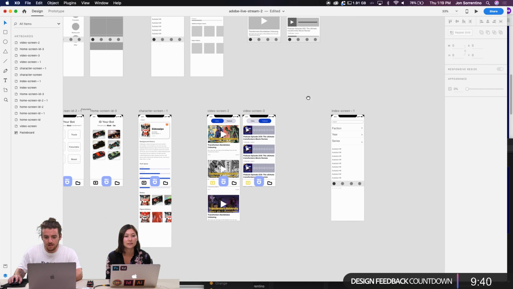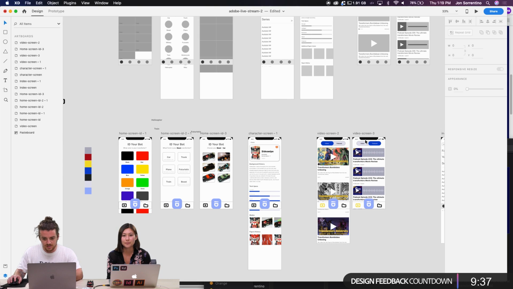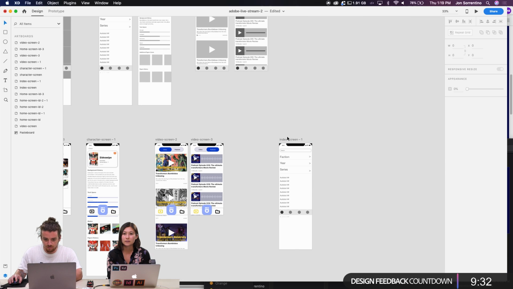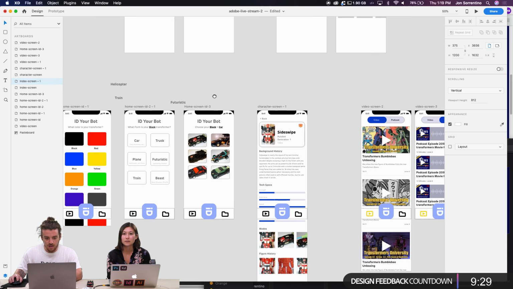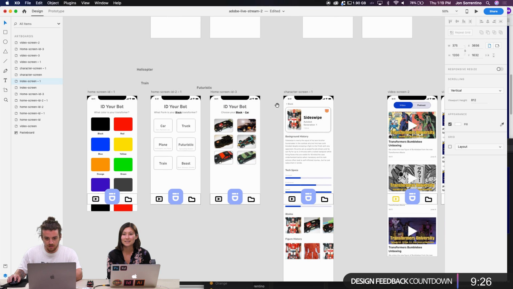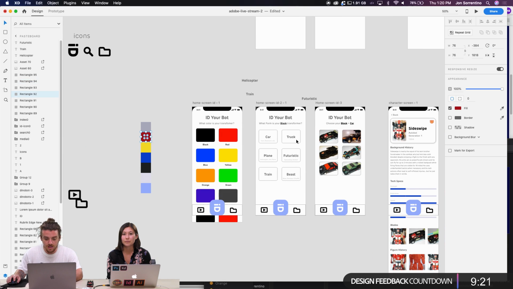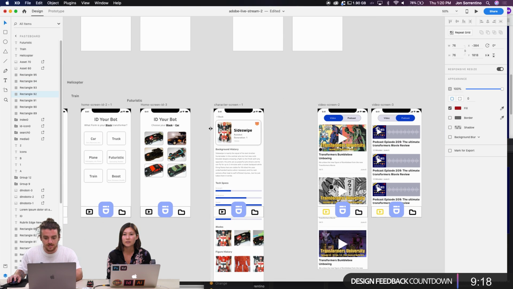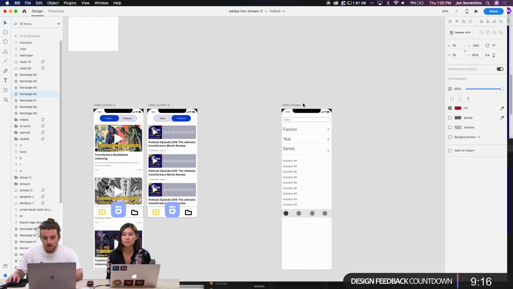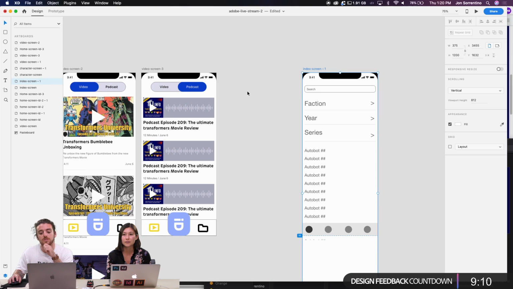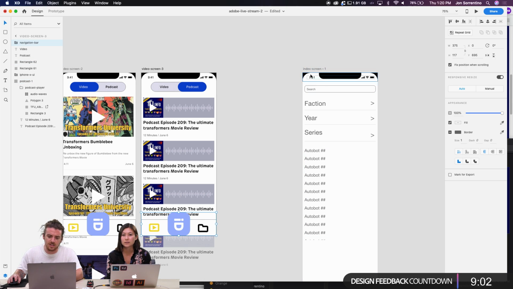Definitely. Okay, so we have our video and content screens. I think the next thing we could probably knock out is this really quick index screen. Which is crazy because we've gone through a lot of the app from yesterday. We have a little bit better visual direction. Maybe we'll put a little more polish on this and start to use more of those colors. For our index screen, we don't have much here. We need to be able to jump into our categories. This is going to be where you can also search for your transformer. And then I think this will really be just a lot of styling and formatting.